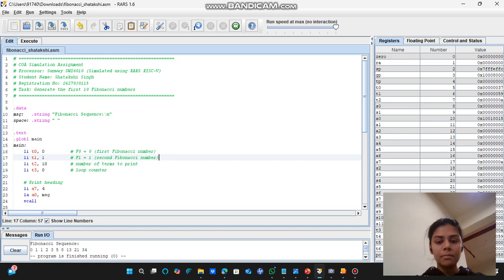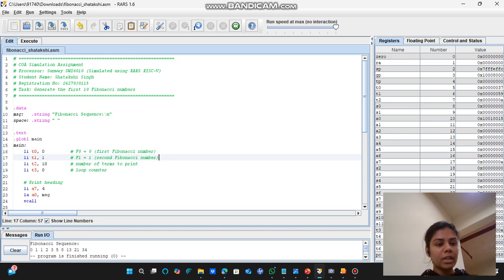Here at the top, in the data section, you can see I have defined two strings, one for the heading, Fibonacci sequence, and one for the space between numbers.